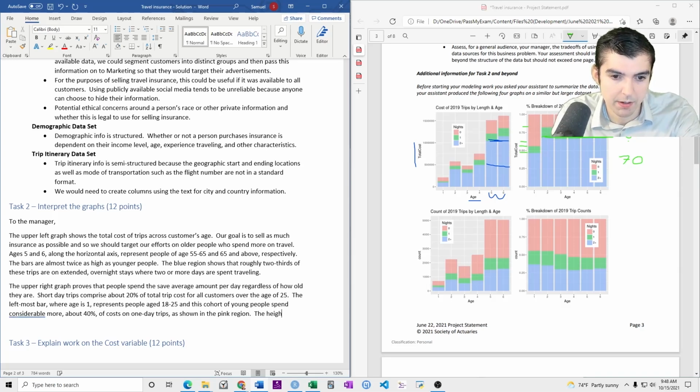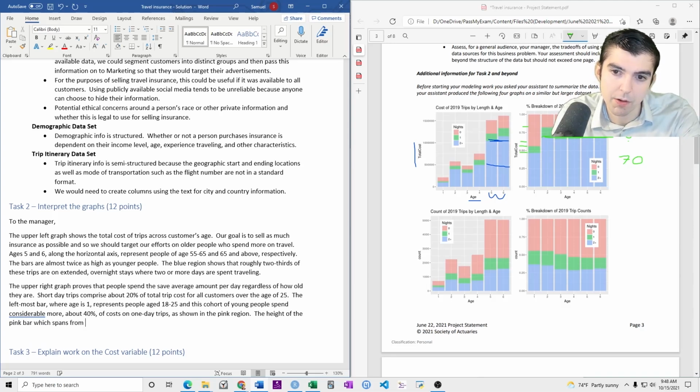The height of the pink bar, which spans from 0.6 to 1, is an area of 0.4 or 40%.